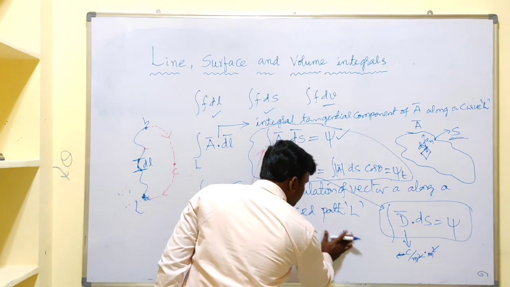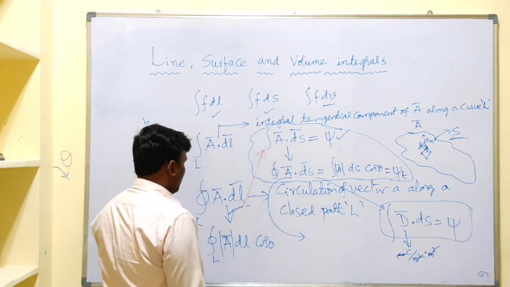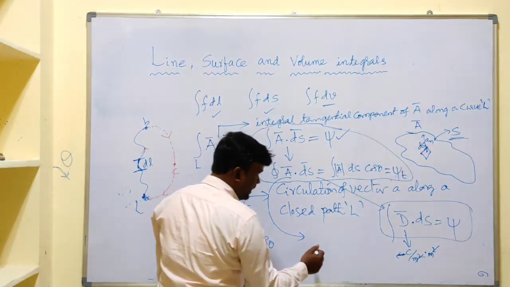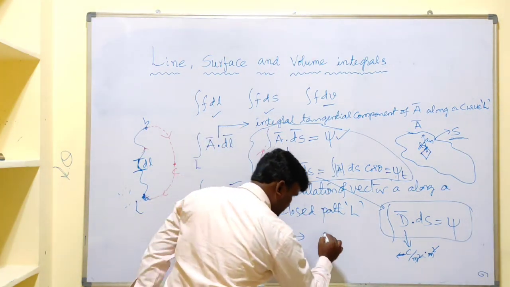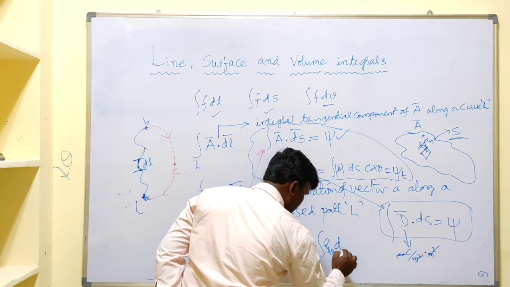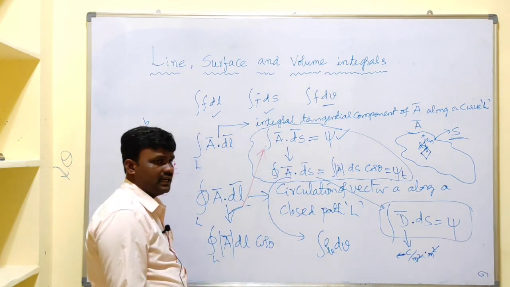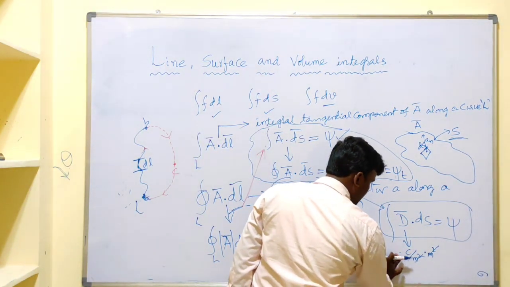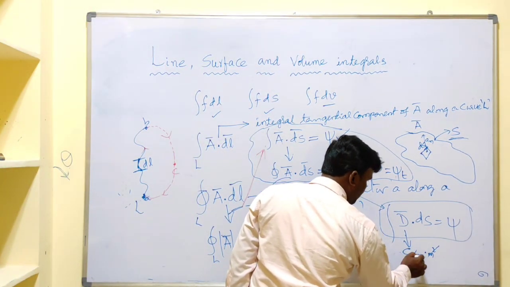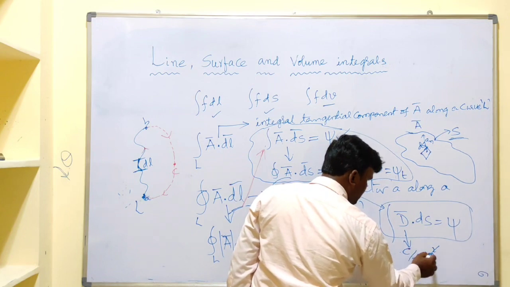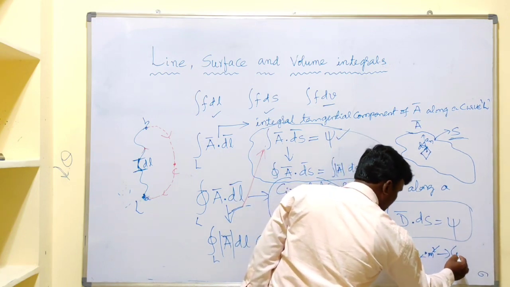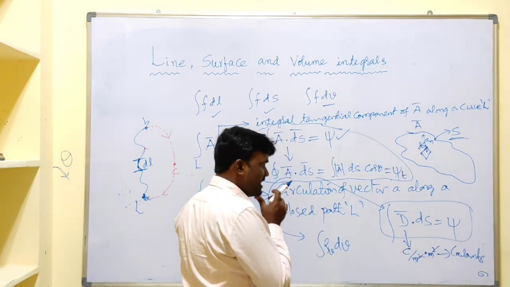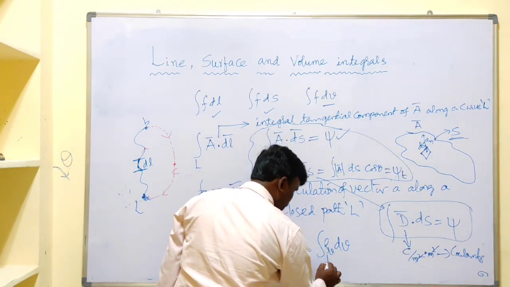Now, what I said, this closed line defines an open surface, and closed surface integral defines a volume integral like this, that is rho v dv. Of course, coulombs per meter square into meter square, this one cancels out. Finally, you get coulombs, which means it is nothing but flux. It is equivalent to this one, where rho v is charge density.